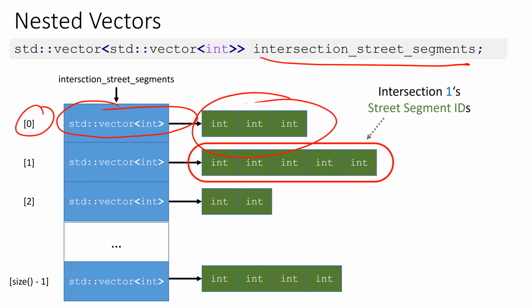So it's kind of like a 2D array, but a ragged array, right? We can have a different length of vector for every single intersection. Does that make sense? To refer to this vector, it's a lot like a 2D array.